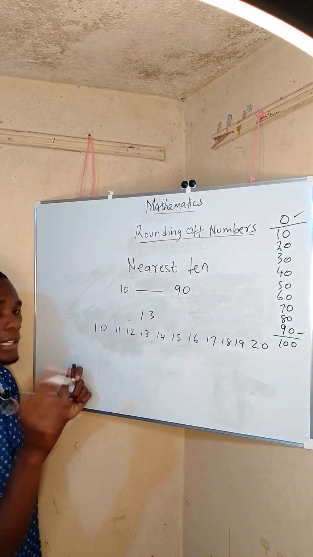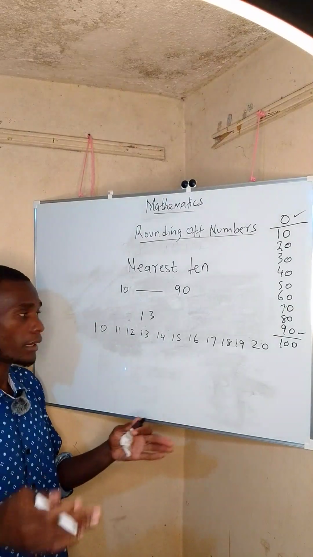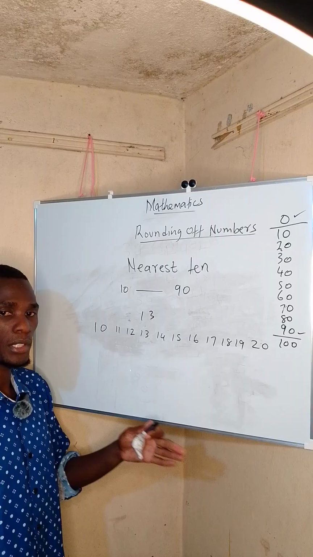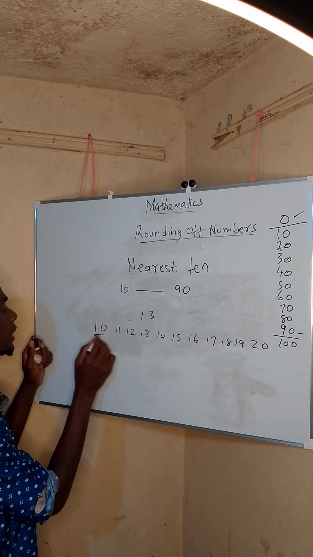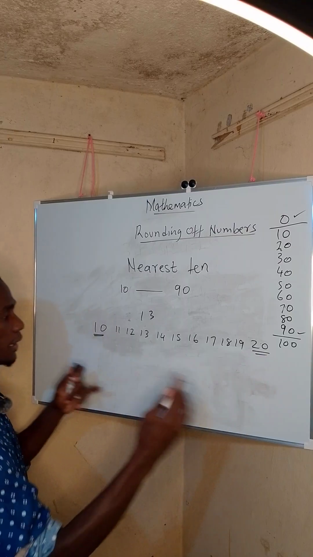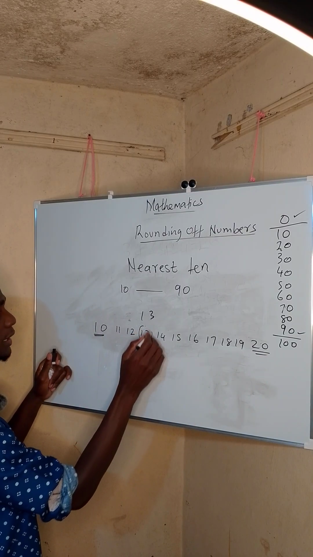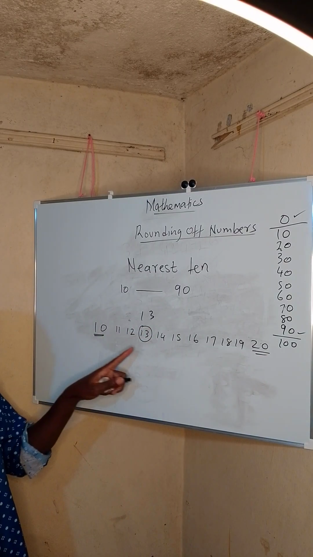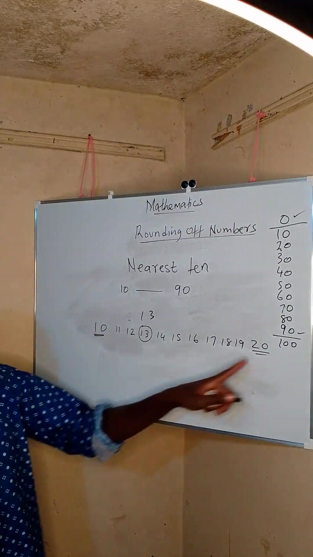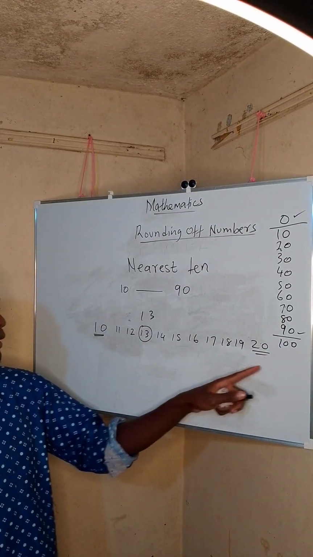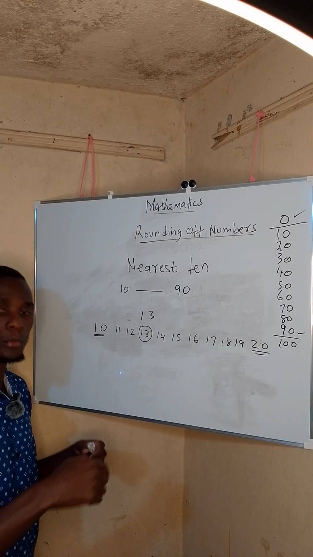So the first thing is to identify where the two tens that this number you have been given falls under. So this number 13 falls between 10 and 20. It is between there, and it is here. This is where that number 13 is. So once you have identified where that number 13 is, and you know the tens, we move to what we